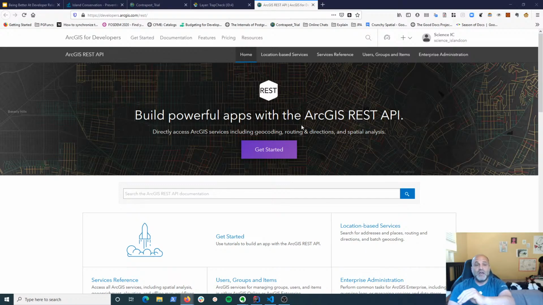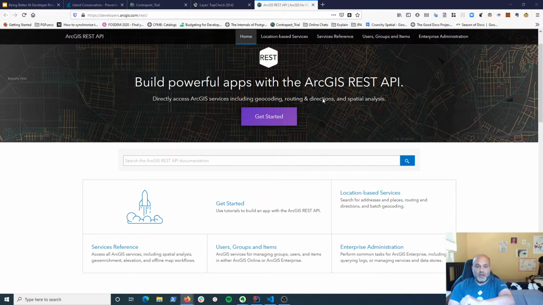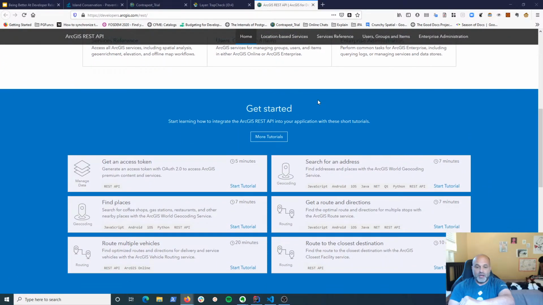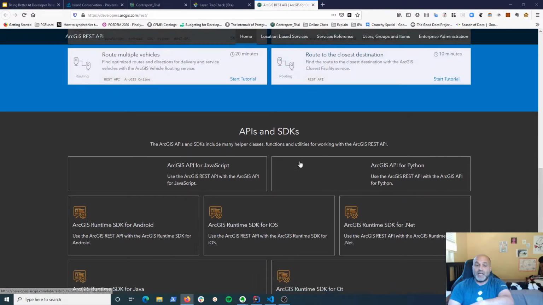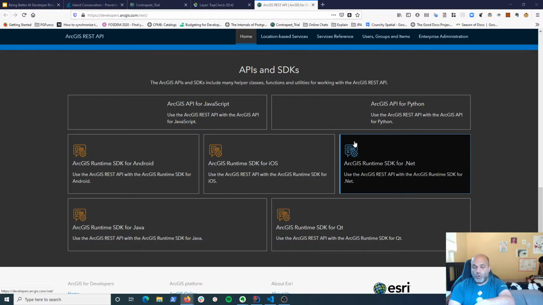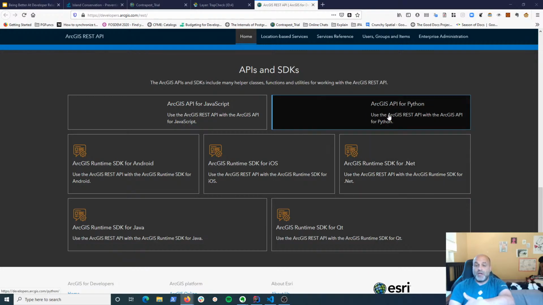And in this case, my job is to try to figure out how to pull down these tables using Python, because that's the script I want to use. So I do the natural developer thing. I go, okay, let's see if they have something for Python. All right, we're still going. So here's a bunch more on getting started, right? It's still taking up a bunch of space, and it actually took me 2 scrolls of my mouse wheel to find that there's an ArcGIS API for Python.